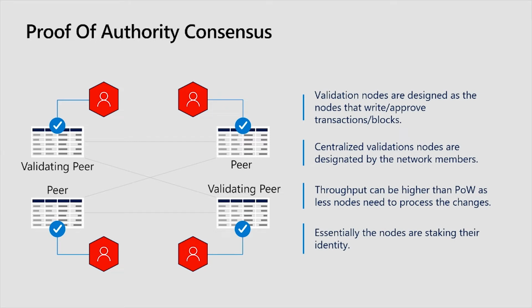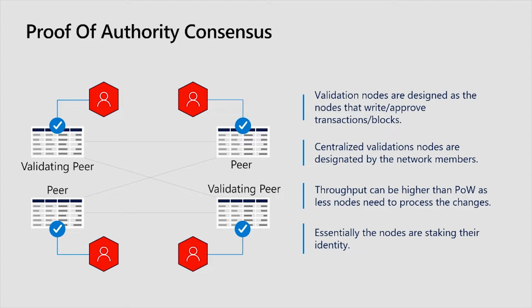On this proof of authority, you see there's a slight nuance in the image on the left side. We only have certain peers who are called validating peers or validating nodes. These nodes are designed to do the writing and the approval of the transactions, the sealing of the blocks. You could argue that there's some centralization to this because there's a finite number of these validating peers. Turns out the enterprise have told us that they actually like that, again, because they have some control